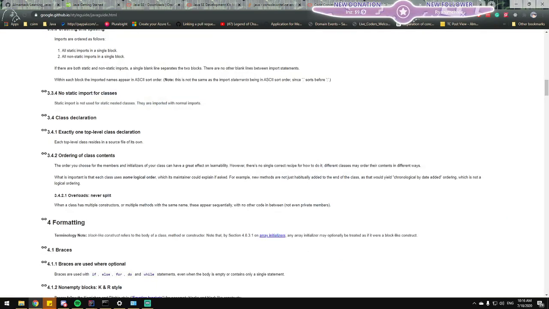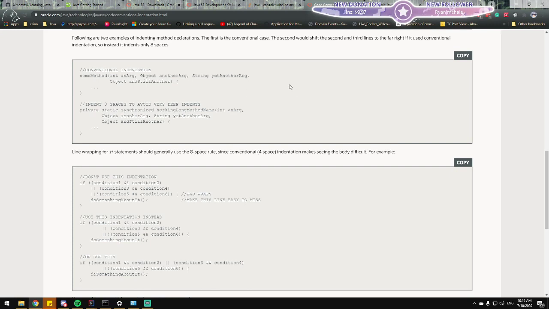Weird OBS. Anyways, let's continue reading. Following the examples and into method declarations, the first is the conventional case. The second would shift the second and third lines to the far right if it used conventional indentation, so instead it indents only 8 spaces.